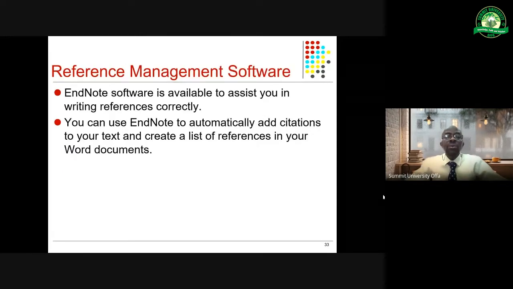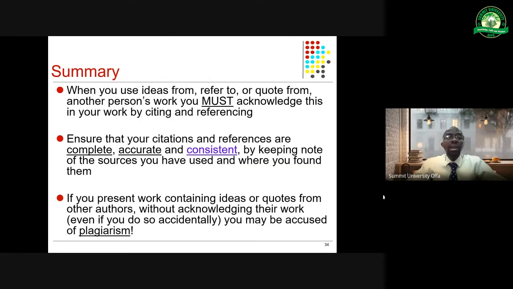There are a lot of reference management software. We have the EndNote, we have LaTeX, we have lots, but maybe in other sessions, we will introduce you to some of these reference management software. Summarily,